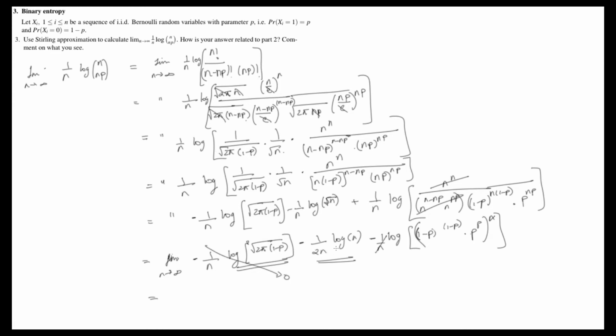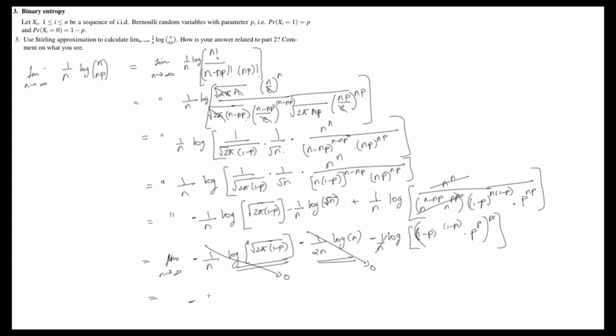And now we have log n divided by 2n. But we know that exponentially, n beats log n, as in n is much bigger than log n. n is actually exponentially larger than log n. So as n tends to infinity, log n over n will go to 0 too. That goes to 0. So all we're left with is this expression which has no n in it, which is